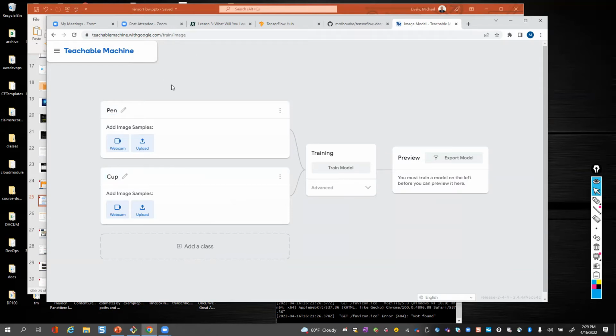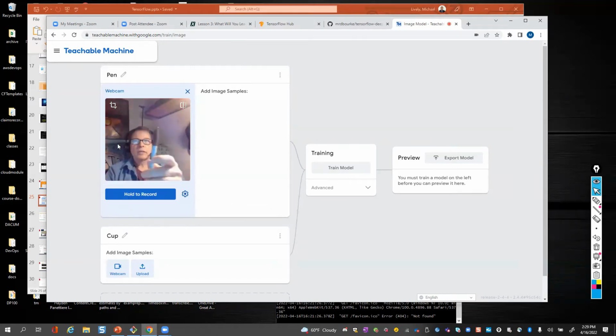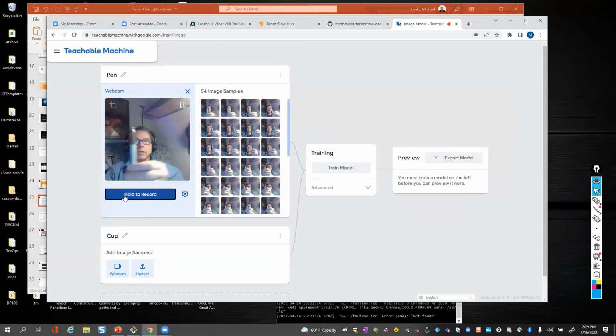Remember, all this is happening in the browser. So I'm going to turn on my video camera, and I'm going to train this thing to recognize a pin. I'm going to do 100 images. Now, if this didn't have transfer learning working, then I would have to do like thousands of images. But I'm just going to hold down and do 100 images. There's a pin. I did just need about 100 images.